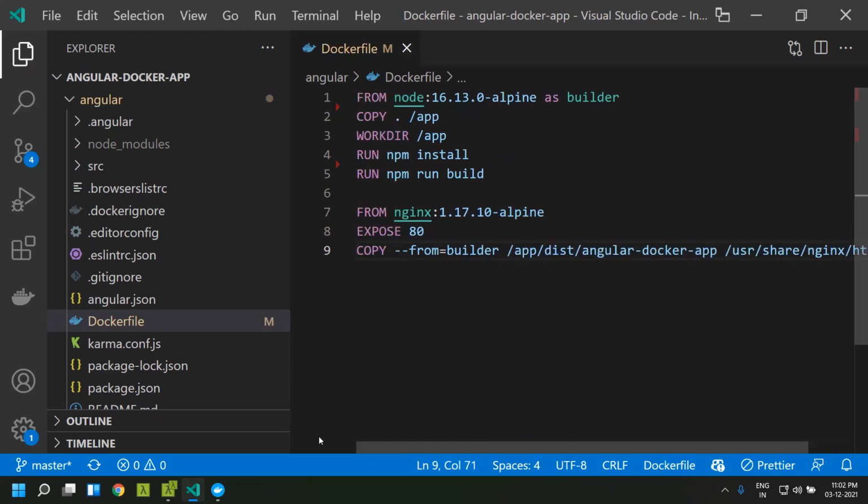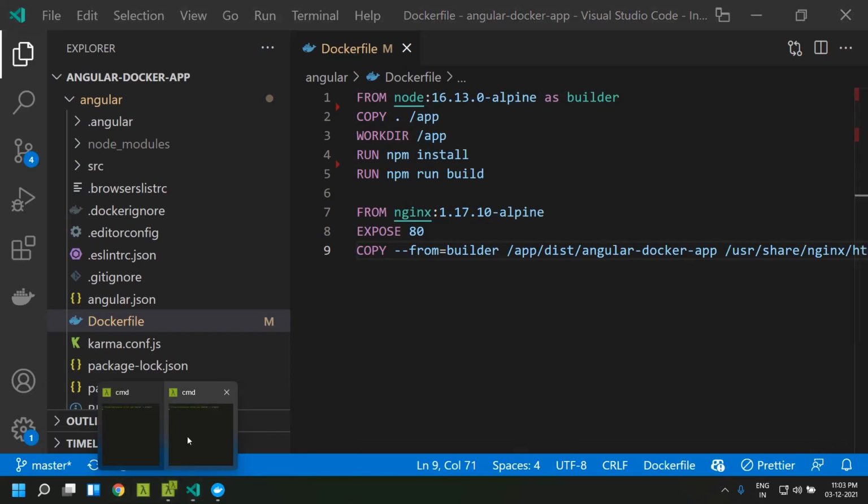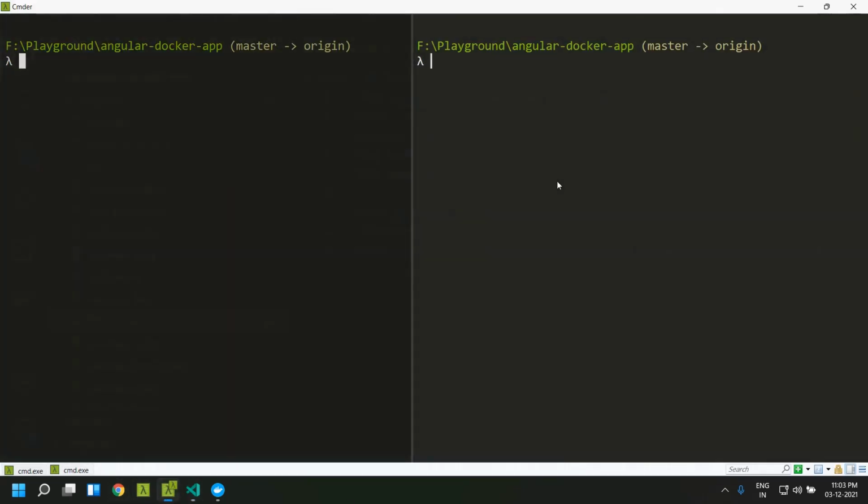Once we have created this, now let's build our image from this particular Docker file. So we can go to the Angular folder and build the image from the Docker file. You can give the name of the image.